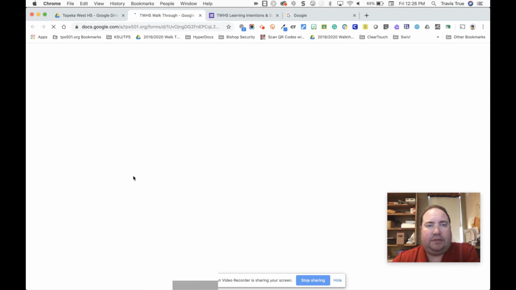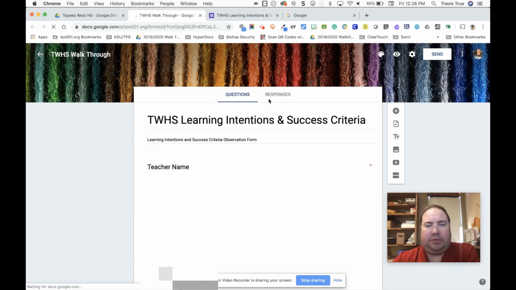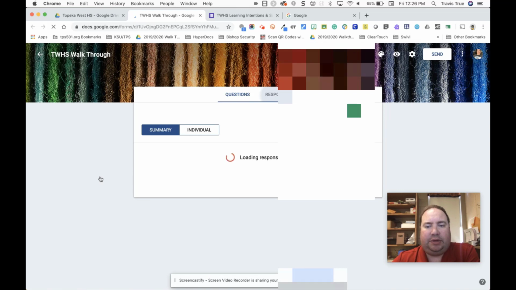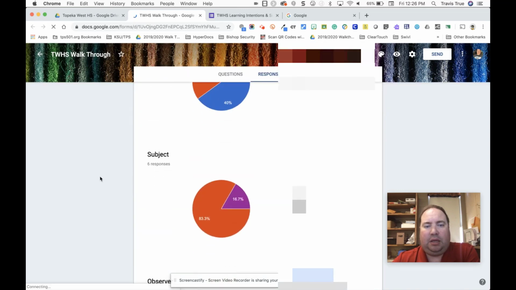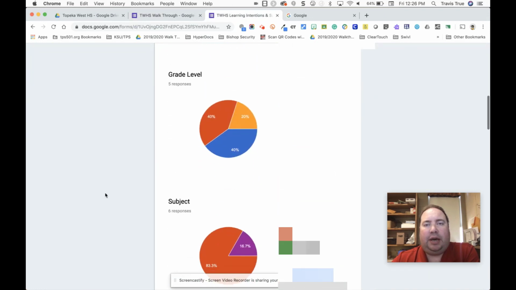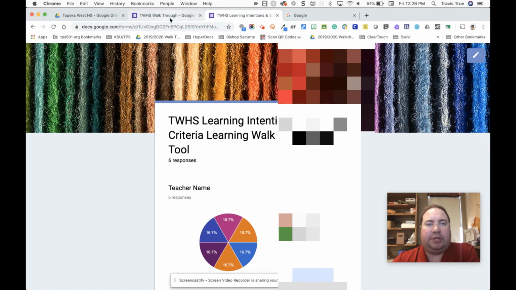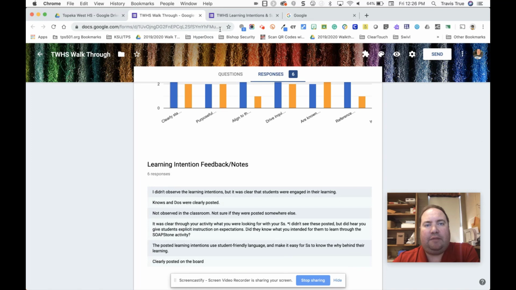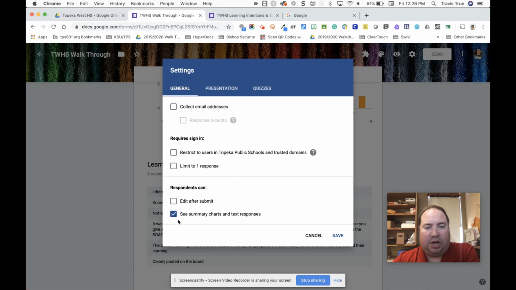It takes this view that nobody has access to except for me. It takes that view and turns it into a web page. Now, what you got to make sure is that this is then a public page. If on your form you just add view analytics to the end, so you got to be in the responses tab, and if this box is not checked,